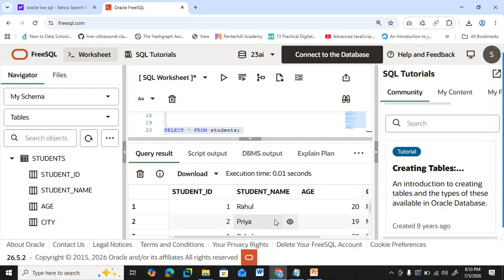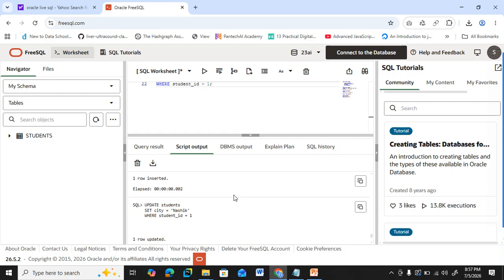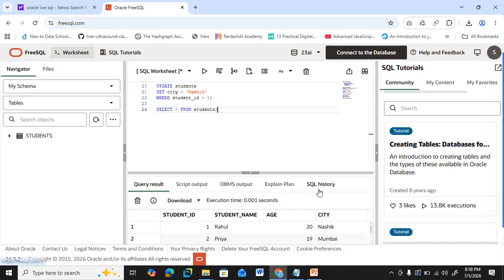So if you just see here, we will get a message that after executing this update command, one row updated. So we'll now check with the help of select command. We can now check here the record is updated for the person who is having ID 1. Before this the city was Pune, and now we have changed it to Nashik with the help of update